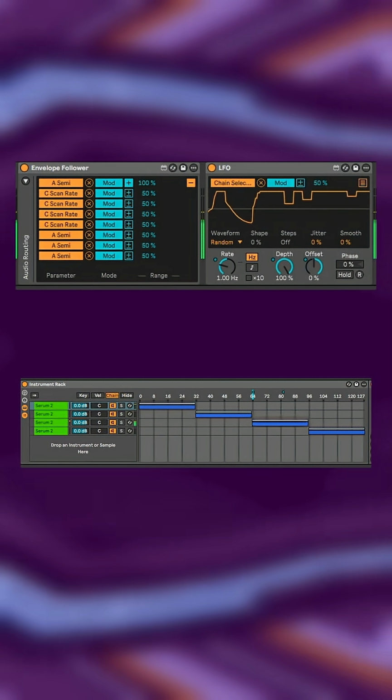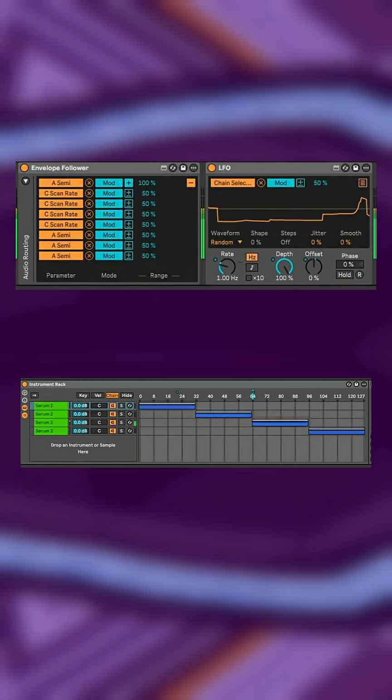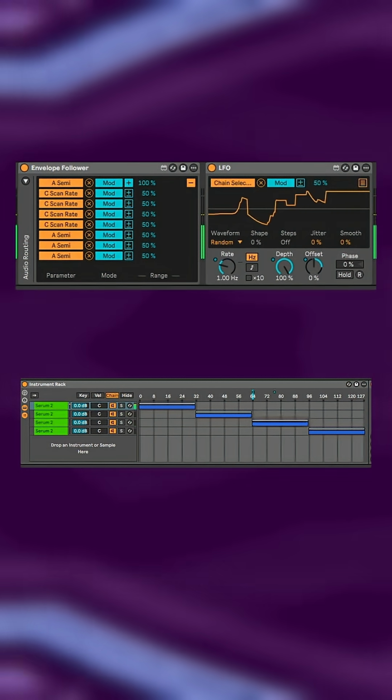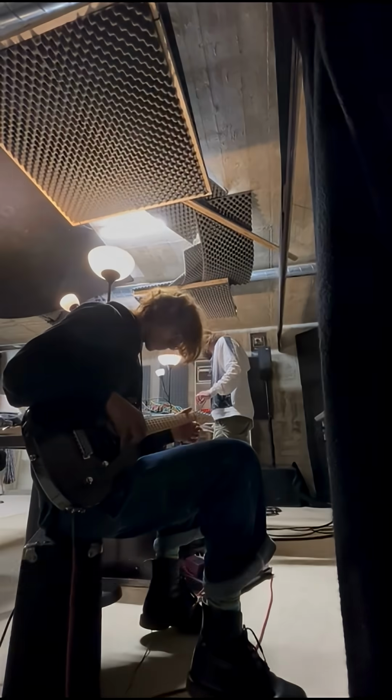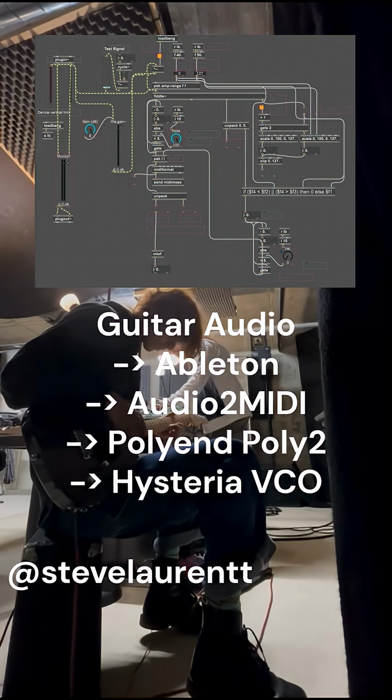So now we have a Serum patch that modifies itself, but it still doesn't actually play itself. We still have to constantly give it MIDI data for it to do its thing, but I think I may have something for this. In this video, I was trying out a Max for Live device I modified in an attempt to extract pitch information from my friend's guitar playing in real time and send it to my modular rack